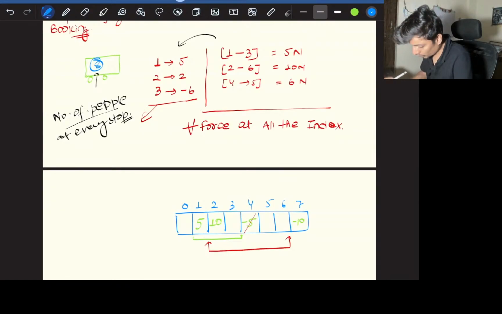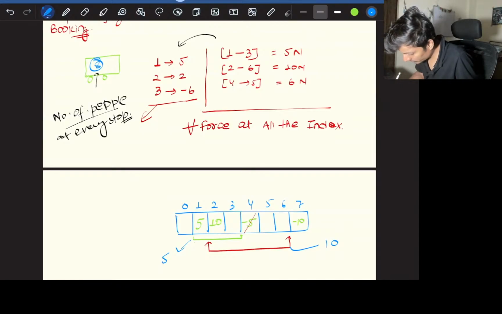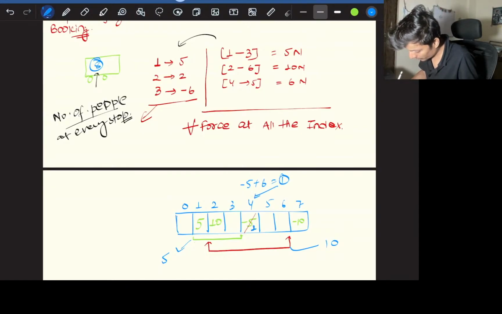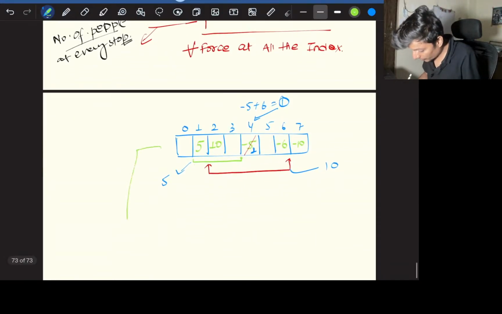So this was 5 Newton, this was 10 Newton, this is saying 6 Newton from index 4 to 5. So at 4th index we will be adding plus 6, so 5 minus 5 plus 6 is equal to 1, so this will give you 1 over here. And at 5th index we can subtract minus 6. Okay, so if we do a prefix array of this,